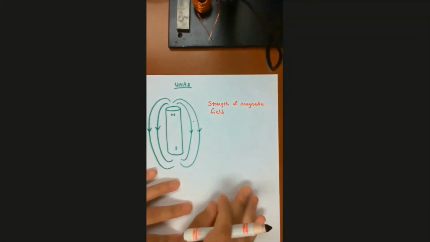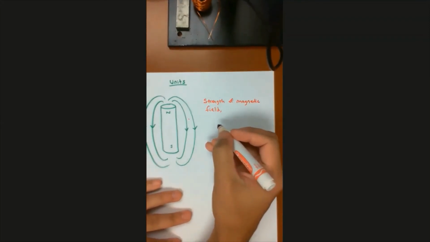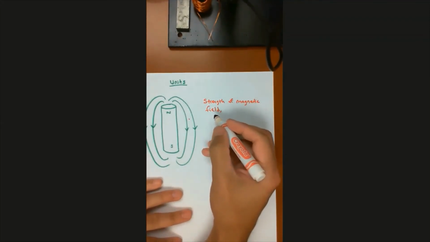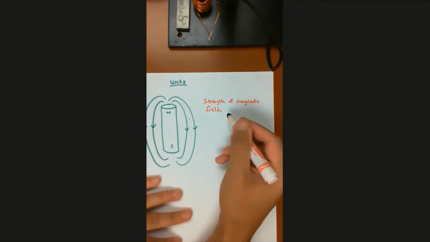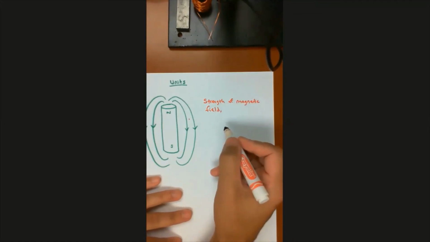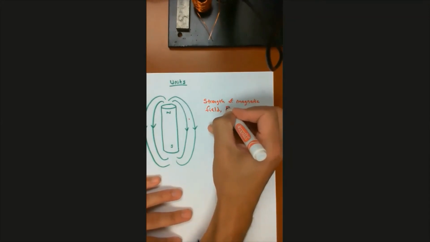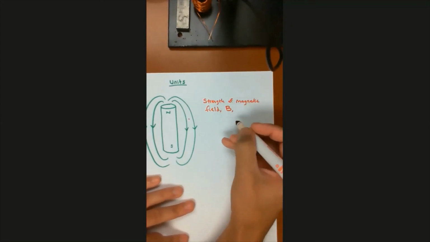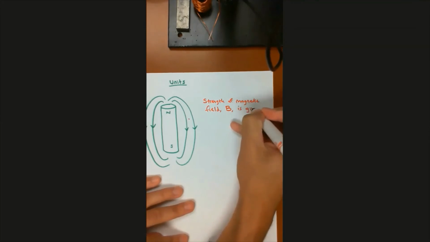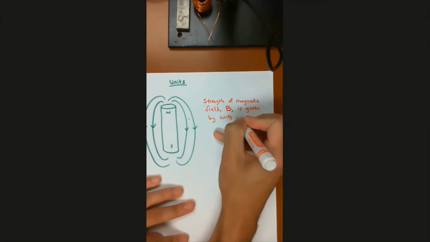by the way, I may as well introduce the variable at this point in time too. The variable that we use to say the strength of the magnetic field, because we're not going to want to write out "strength of magnetic field" or "magnetic field" all the time. The variable that we use to indicate the magnetic field is B. So the variable is B, and the strength of B, or the strength of the magnetic field, B, is given by units of Tesla,